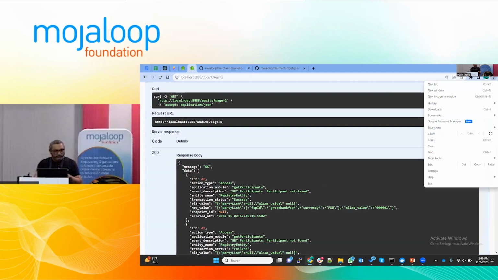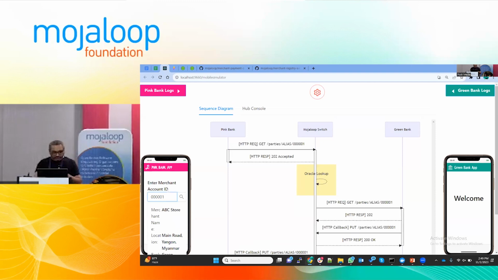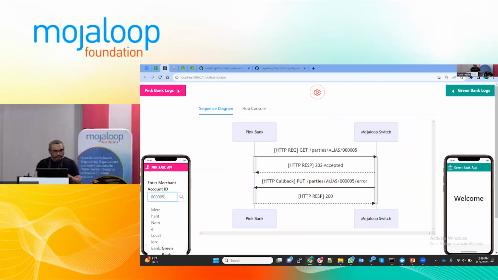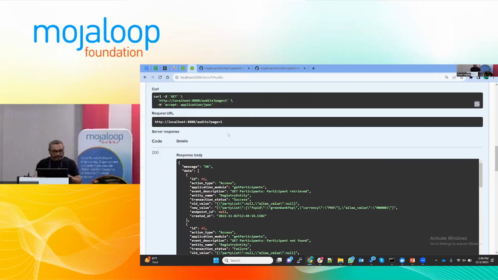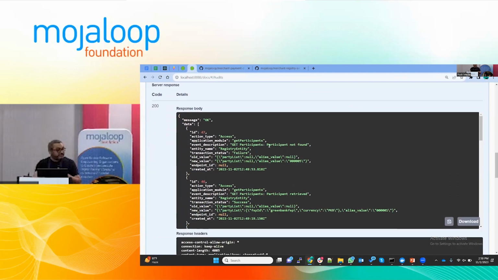So this audit log shows that the simulator is talking to our registry. And if I try something like 5, which is not defined, this again goes to look up in the registry, but returns with an error. And over here in the audit logs, you'll see participant not found. So it's working.